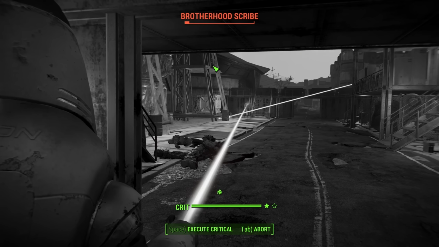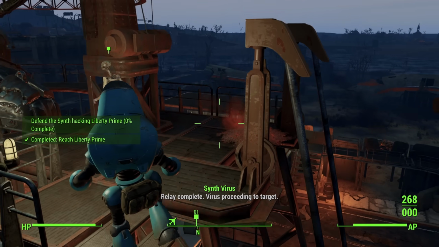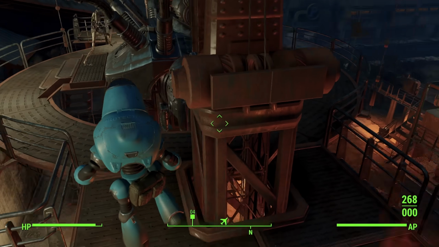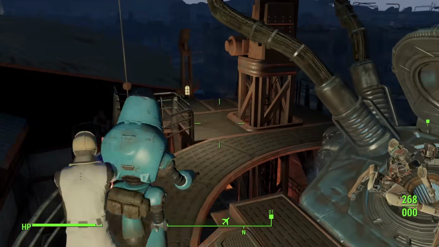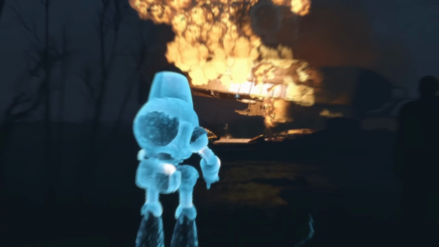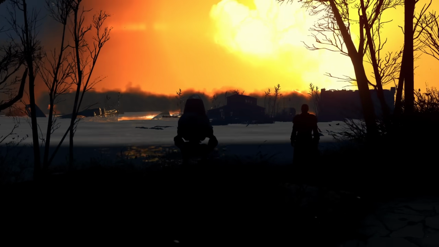I occasionally pop into VATS to help them out on my way up to Liberty Prime's head, and once I've arrived, a synth teleports in and starts uploading a virus into Liberty Prime. I mostly just stand near the synth and kill a few Brotherhood members who dare to climb up the scaffolding as I wait for the virus to fully upload. When it's complete, a Courser teleports next to me and then teleports us out as we watch the big zeppelin fall to the ground in a fiery display, and after that I teleport back into the Institute